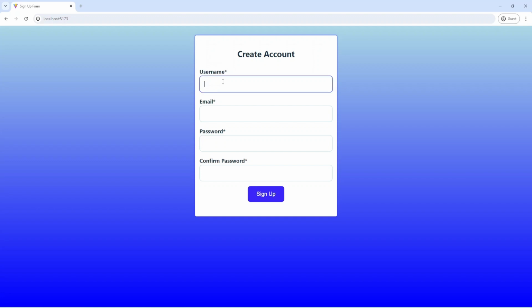And now I'm going to provide some username and press sign up. And as you can see, we need to provide some email. And now I can type test, and we have browser validation that we need to provide a valid email like test.com, and now I can add a password and press sign up, and we need to add confirm password, and again press